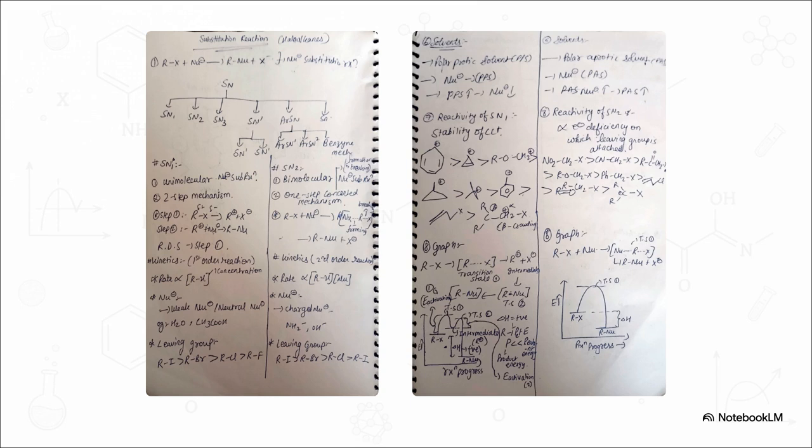Now contrast that with the SN2 graph. It is just one massive activation energy mountain. That peak is a concerted transition state where bonds are breaking and forming simultaneously in one explosive, highly coordinated moment. All right,